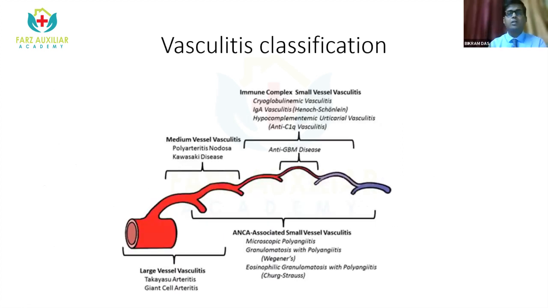So how do we classify a vasculitis? Depending on the involvement of the vessel, it could be medium vessel, large vessel, or small vessel. The vasculitis will differ. Whenever there is involvement of small vessel vasculitis, it could be immune complex deposition or it could be ANCA associated. So the entities differ, but the presentation will be the same, as small vessels like capillaries will be involved, and mostly a similar kind of presentation will come in.